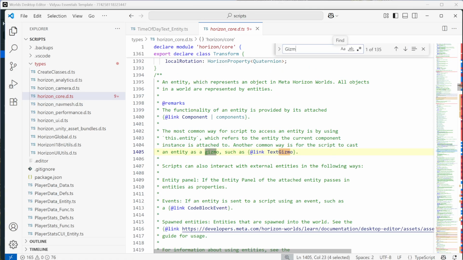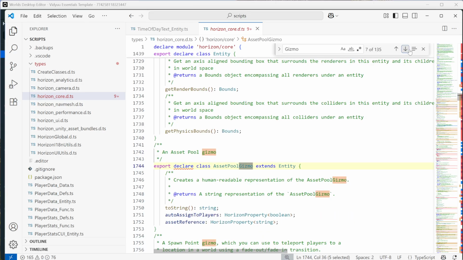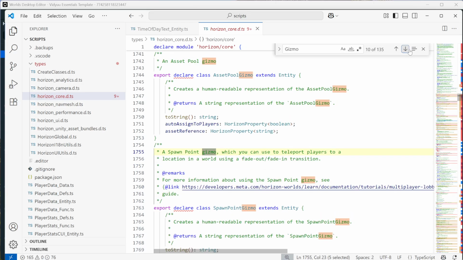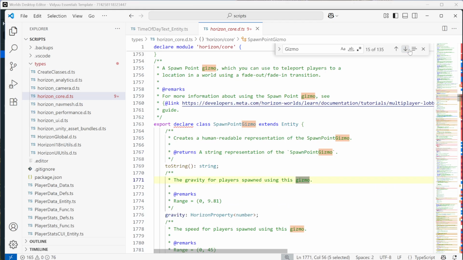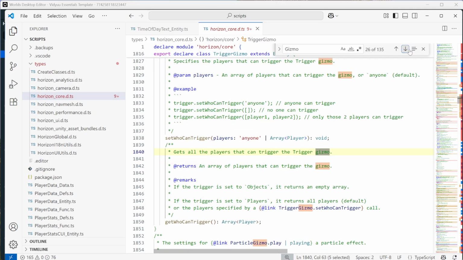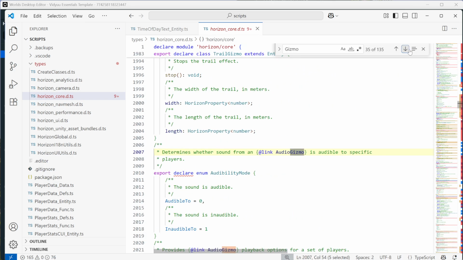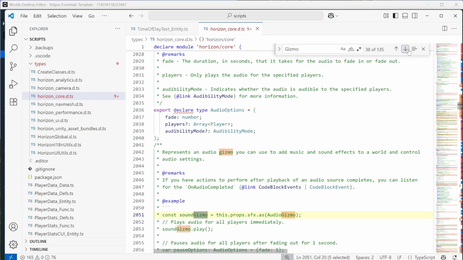Let's search for gizmo, and here we have the text gizmo. I was hoping to find the environment gizmo, asset pool gizmo, spawn point gizmo, text gizmo, trigger gizmo, lots on the trigger gizmo, particle gizmo, let's see, only 100 more to go through, audio gizmo,